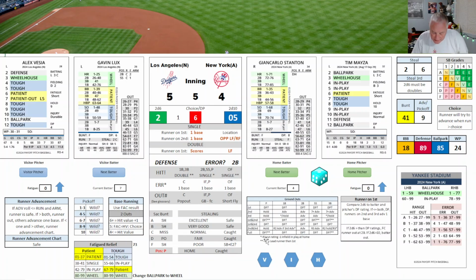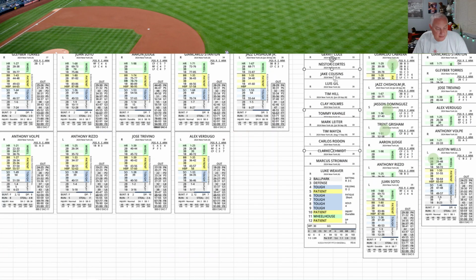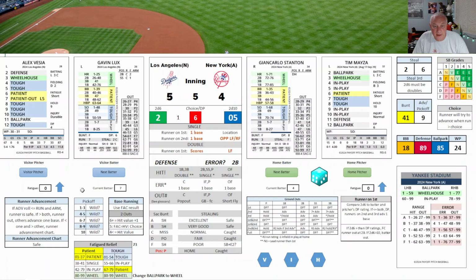Misa pitches to 5 batters, gets 1 out. They'll pull him out, and it's going to be Cousins. Cousins is going to come in to pitch. That was not a good outing. And now they're losing, and this is obviously the problem. They're down 2 games to none. This is going to be a problem for the Yankees.